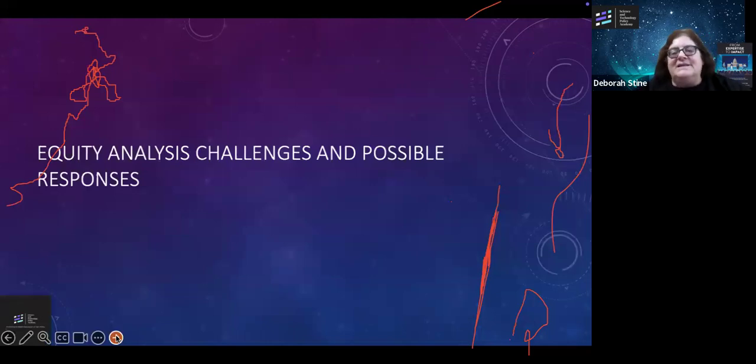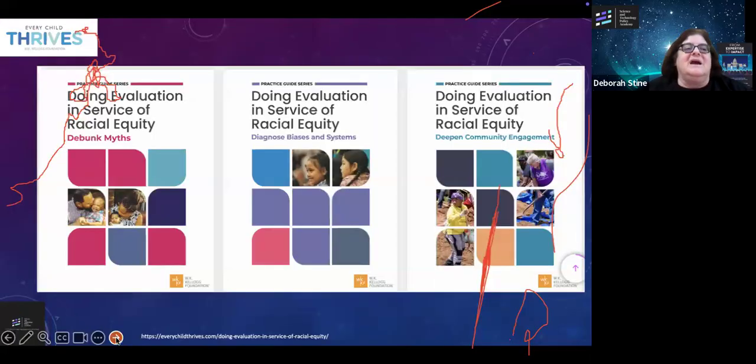So the last thing I'm going to end with in my sprint to finish this is that equity analysis, as I mentioned, is not easy. It's very important to do. It's very important to have a baseline. It's very important to have a goal, have a method that you follow. But it can definitely be challenging.